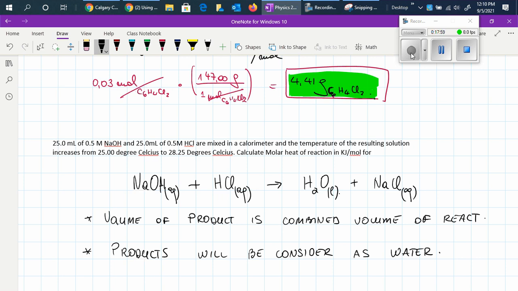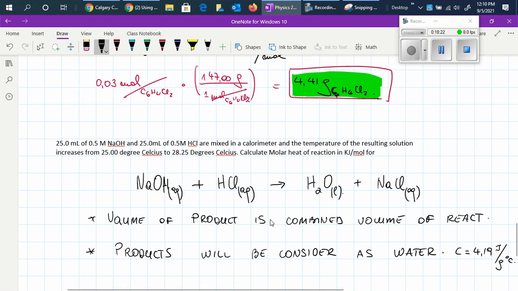We pick the specific heat capacity of 4.19 kilojoules or joules per kilogram or gram degrees Celsius. So those are the two assumptions that we make in this case, and then we start solving it using